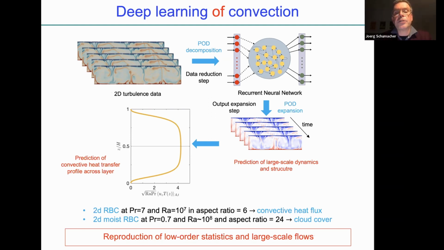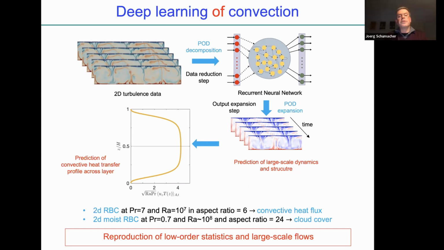And then you basically train a network that learns the dynamical evolution of these POD expansion coefficients. You are then able to reconstruct the full fields and to derive properties, for instance, the convective heat flux